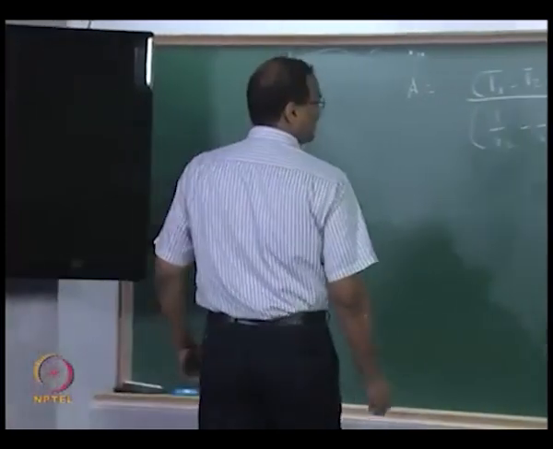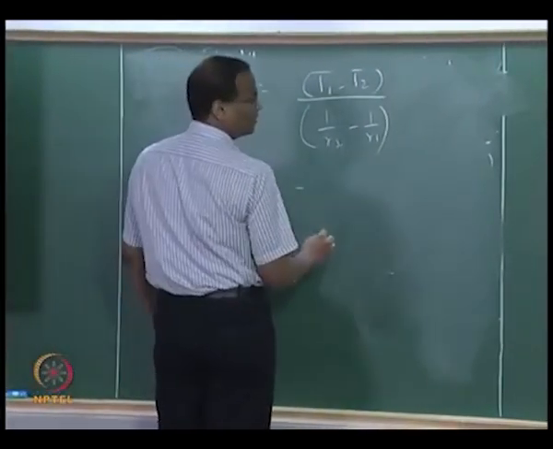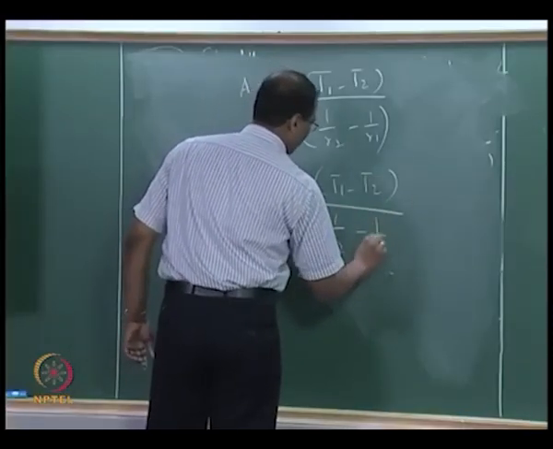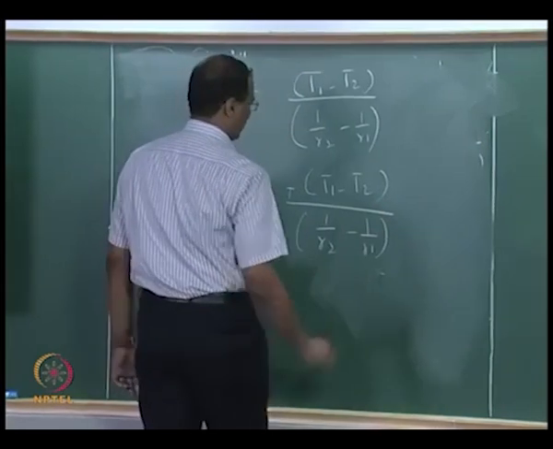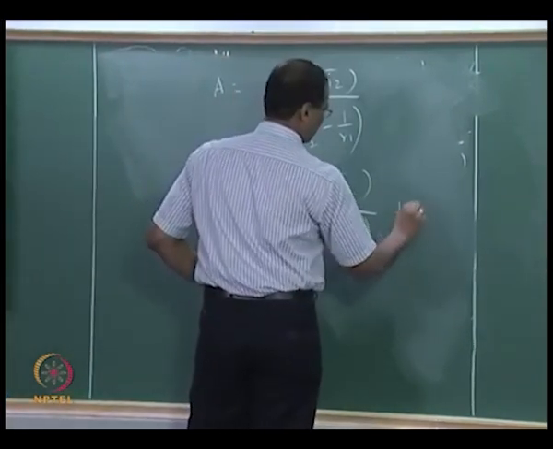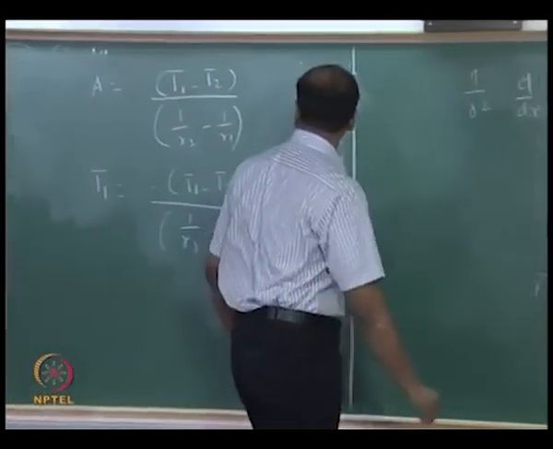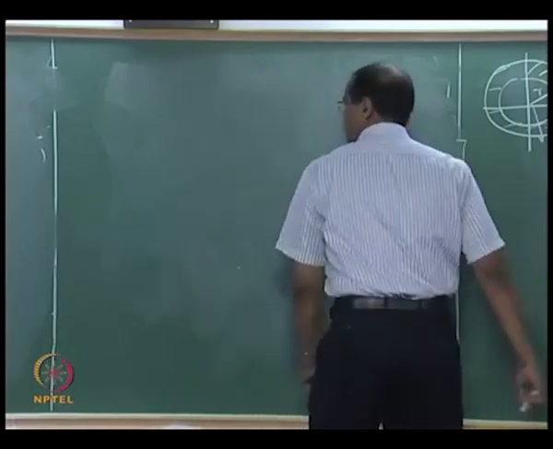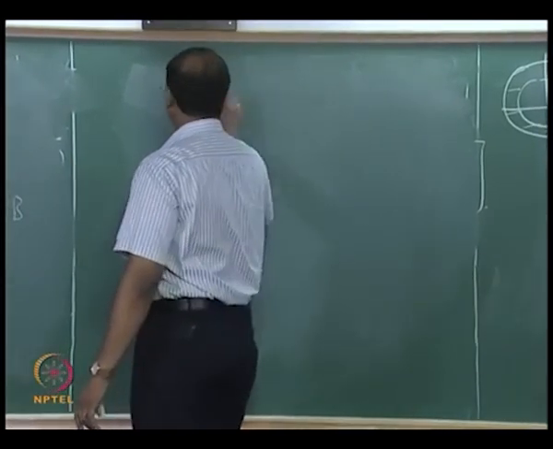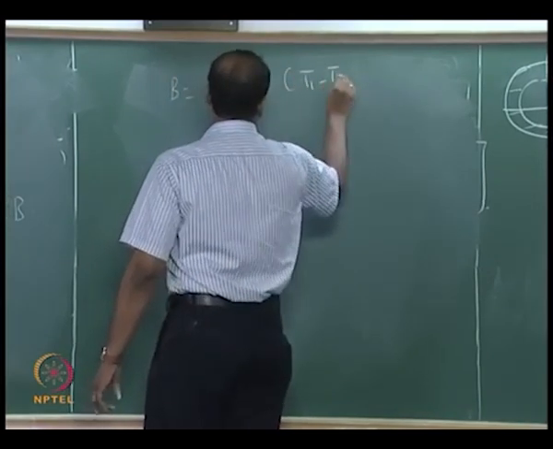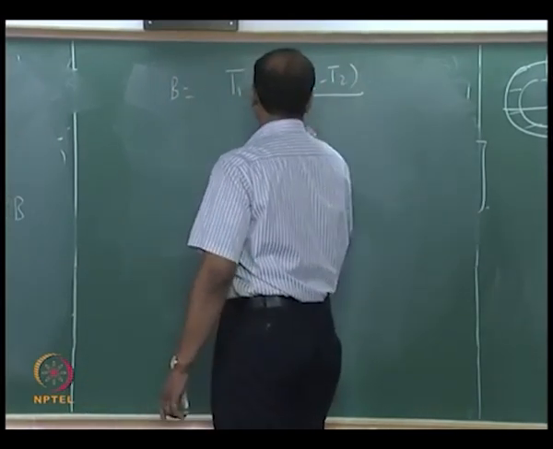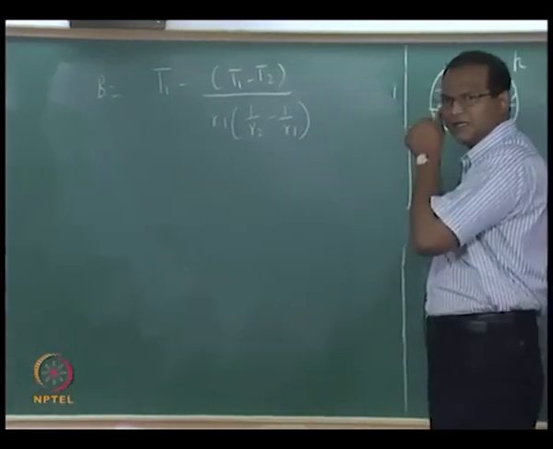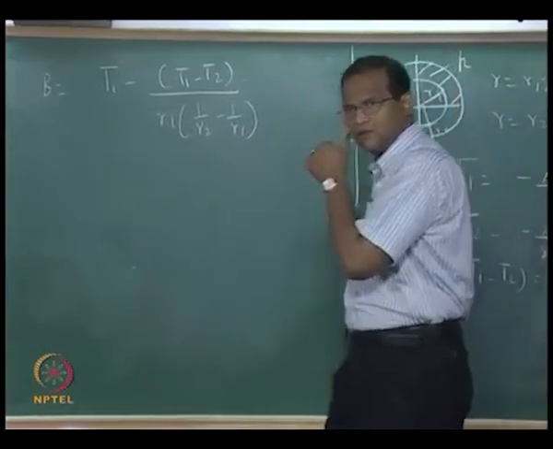Now B, so T1 by R1, correct? Is this correct? Okay. Therefore,